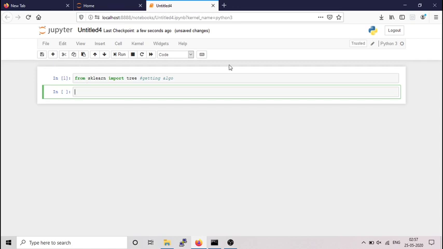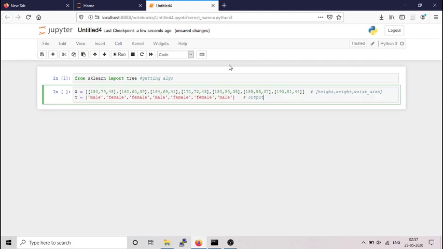Now we have to define some data. I'll explain. I have some data here. Basically x is a multidimensional vector, and this array contains the height, the weight, and the waist size. In y we have the genders, male and female.